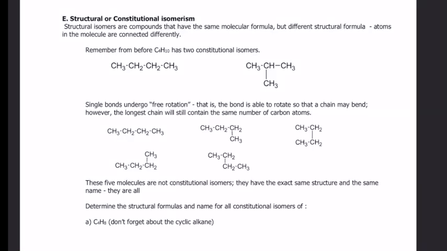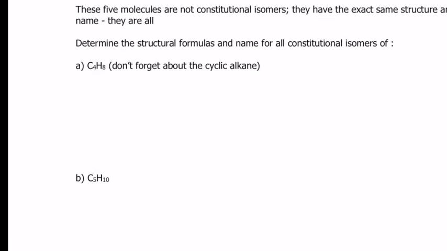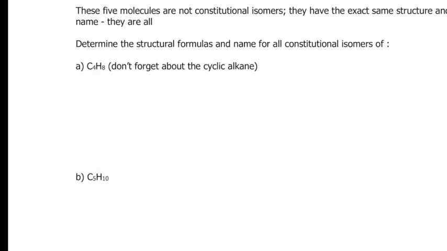Let's look at structural or constitutional isomerism. Structural isomers are compounds that have the same molecular formula but different structural formula. By structural formula, we mean atoms in the molecule are connected differently. So, an example from class, if you had C4H8, so if that reminds you that this is